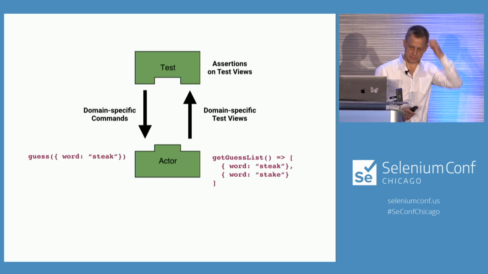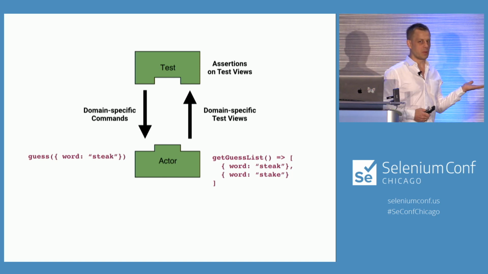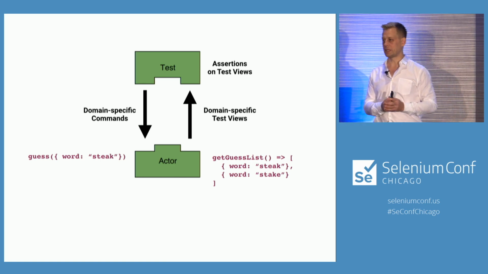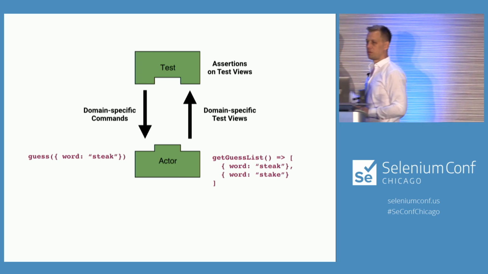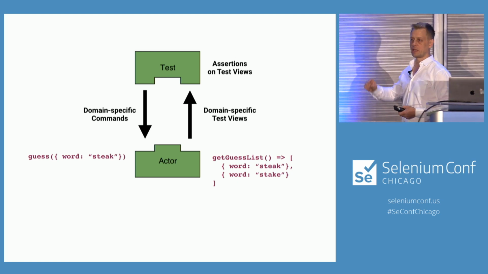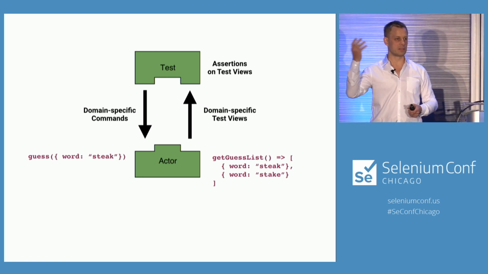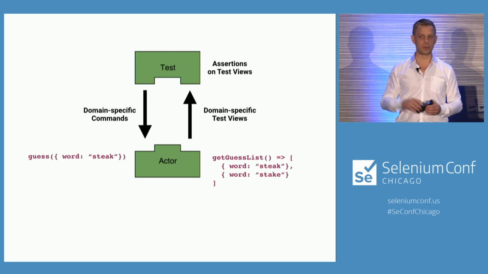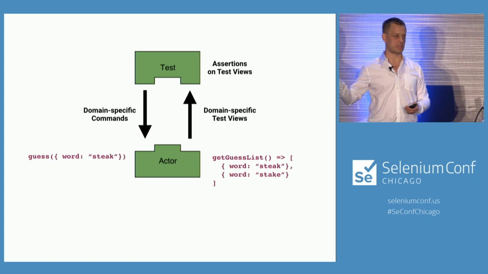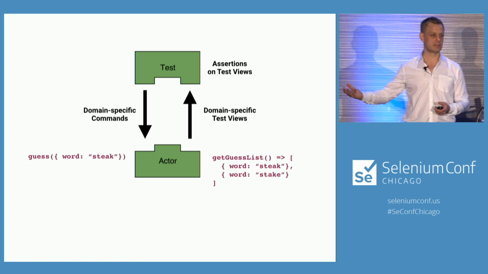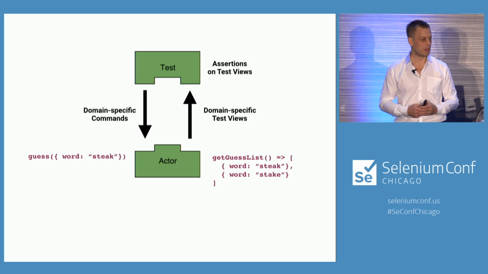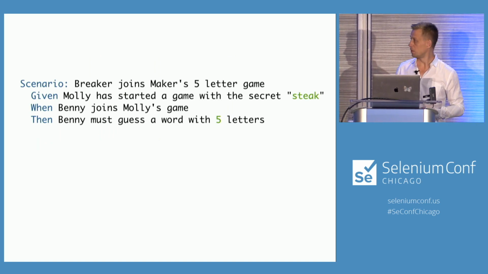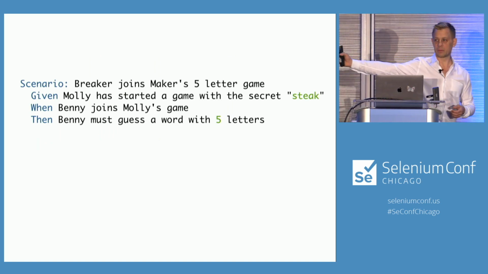Now, there's a couple of other things that are important here. When you write your test this way, you can't make assumptions about the user interface in the test, right? Because if your test is written like, I click this and I enter that and I look at the text of this div and so on, you wouldn't be able to reuse that same test against an HTTP API or against something running in memory. So you're kind of forcing yourself to express the test in this way, which is actually a really good thing.